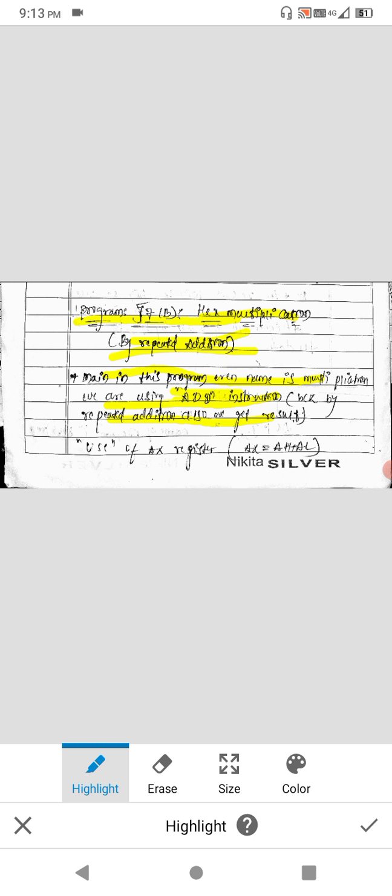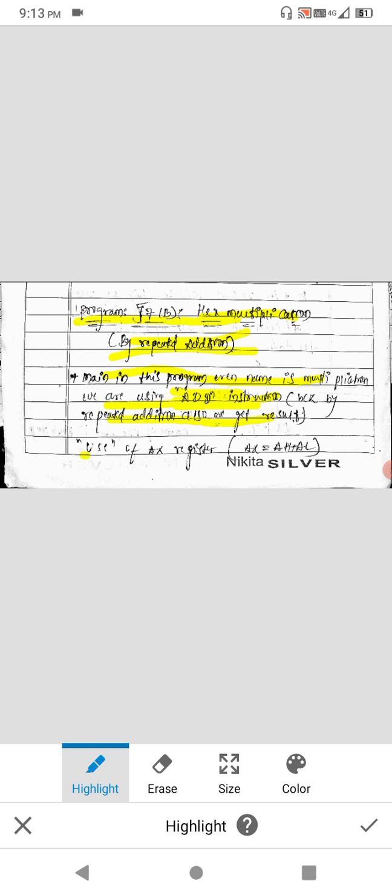This is different from the last program, J7A, which was also multiplication. This one is by repeated addition, not by using the mul instruction directly. We will use the add instruction and we can get the multiplication result.